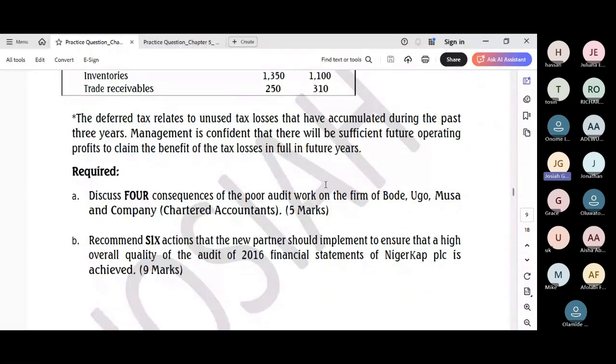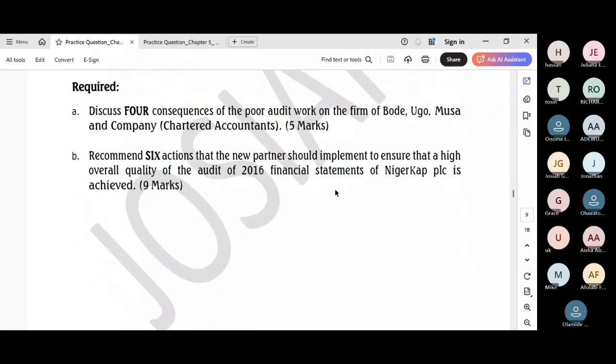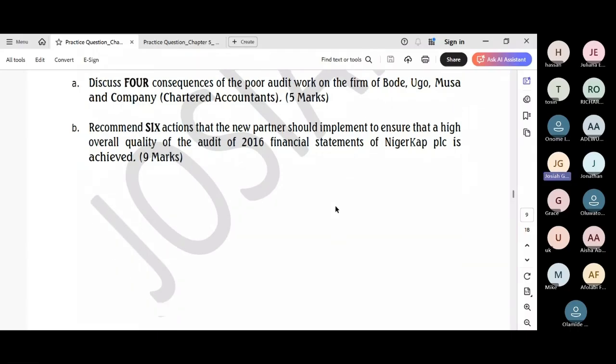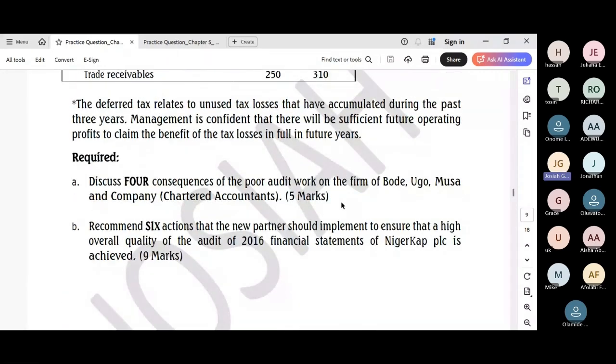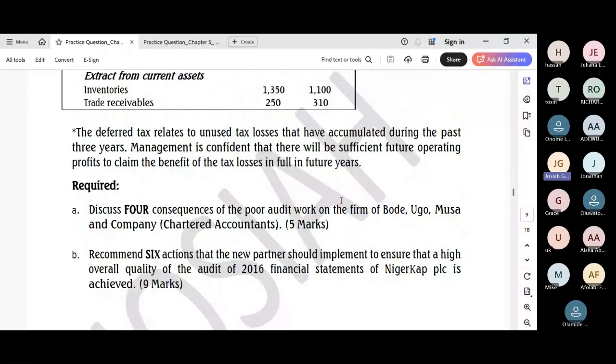in future years. Required: A, discuss 4 consequences of a poor audit work on the firm of Bode, Ugo, Musa and Company, Chartered Accountants, 5 marks. B, recommend 6 actions that the new partner should implement to ensure that a high overall quality of the audit of 2016 financial statements of NigerCap PLC is achieved. We have 9 marks. Okay, so 14 marks. Maybe these are not the full questions, but this has to